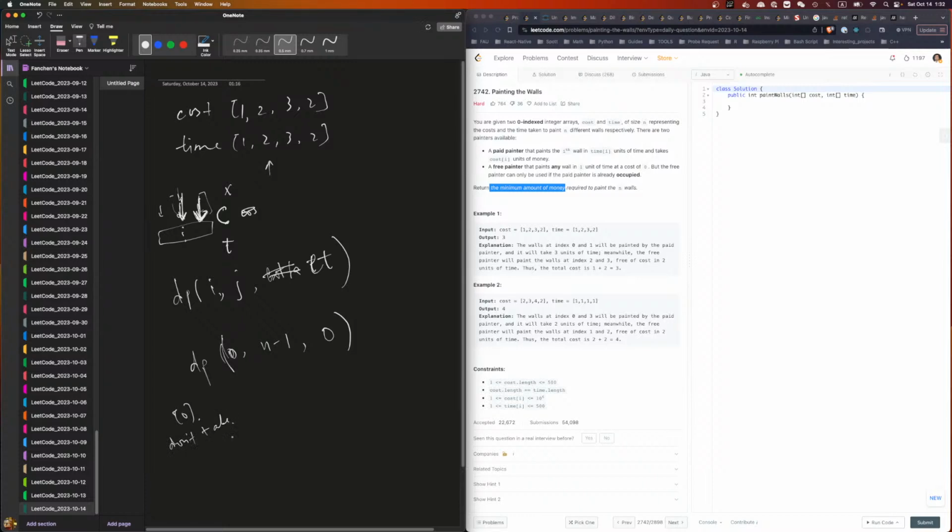If I don't take it, then what I need is to find from 1 to n minus 1, because that eventually is either included or not included. If this is not included,